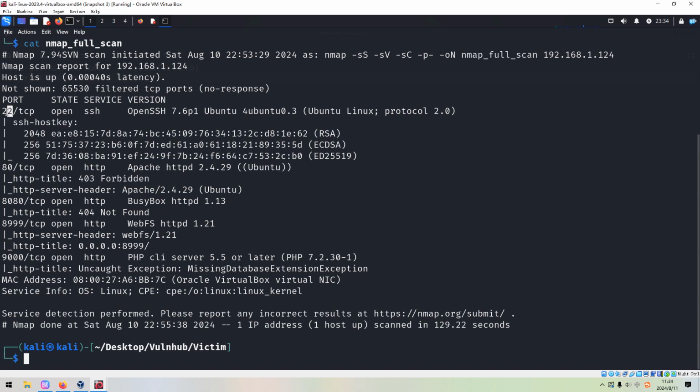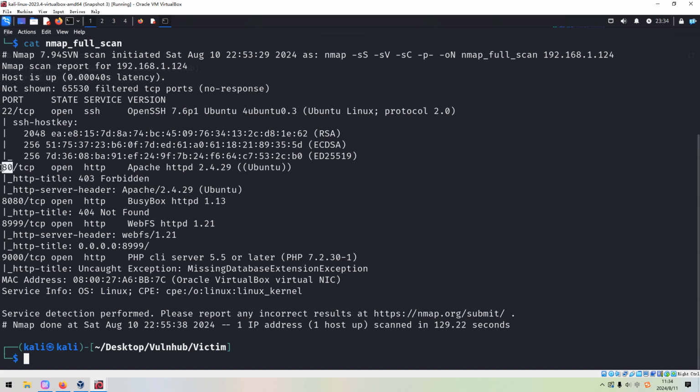And the first one is 22, which is running SSH service, and also the version information, OpenSSH, including the version number. Although this version is not an updated one, however, I don't think we can find any vulnerability for this particular version, except the username enumeration vulnerability. Of course, that's not what we want at this moment.